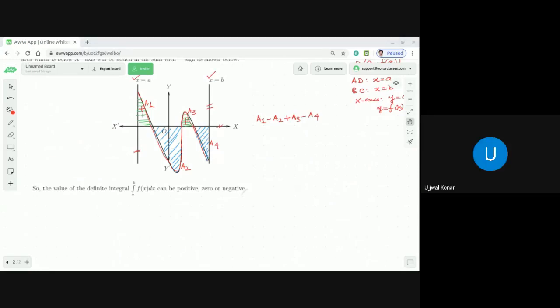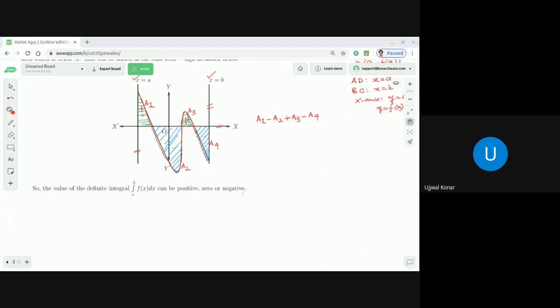Now, what I'm going to discuss is the definite integral as a limit of a sum, just touching base on this topic. As I said in the beginning, we'll have separate specific classes for finding the definite integral as a limit of a sum. But before that, I would like to touch base on what is meant by that.